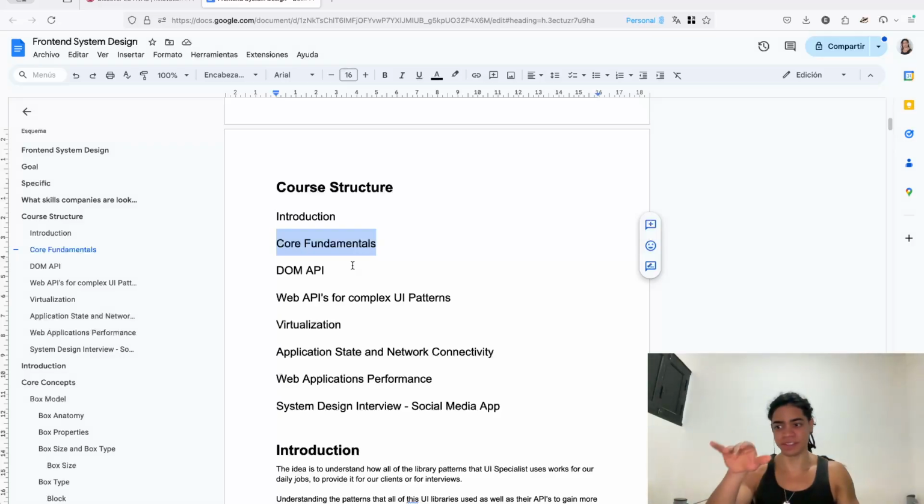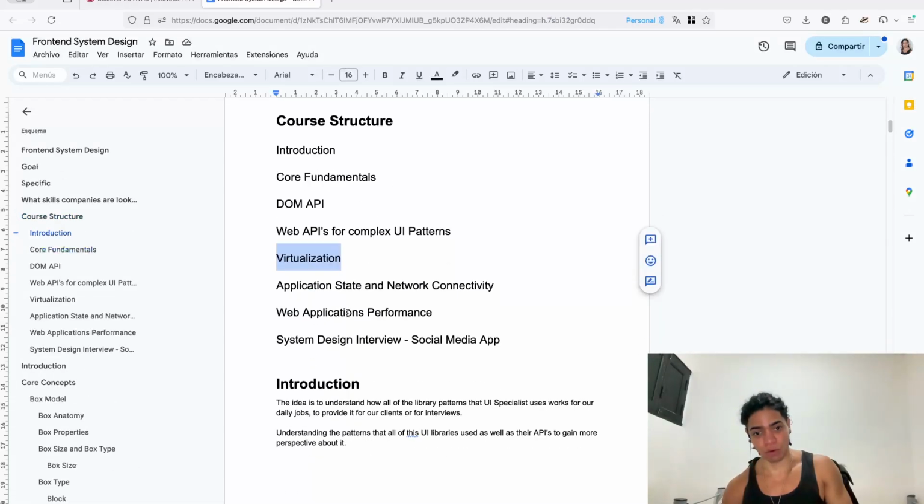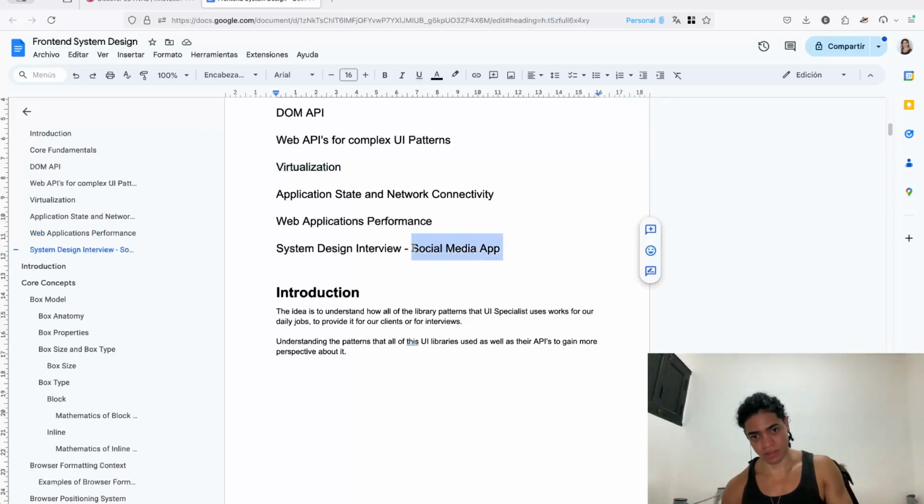Through all of this layer of abstractions. The DOM API, Web API for complex UI patterns, virtualizations, application state and network connectivity, web application performance, and the system design interview, which is building a social media app and what are the things that you need to do to